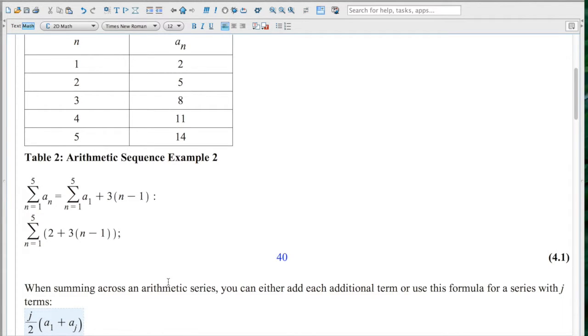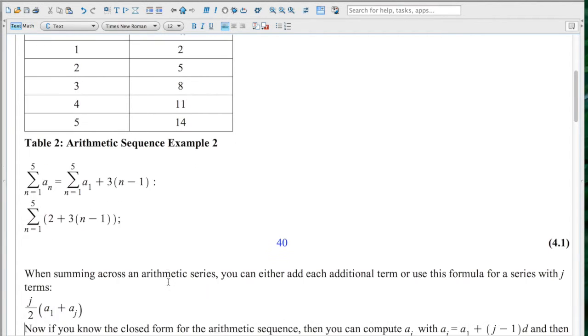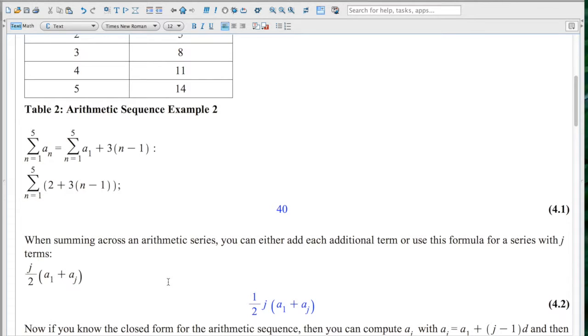So for a series with j terms, you can use this formula to find the sum of all the terms. You add the first term to the last term, and then you multiply that by the number of terms, and then divide that by 2. So, for this case, we would have